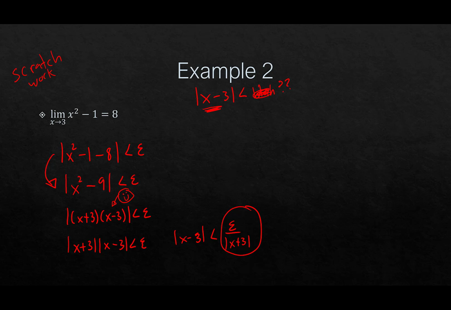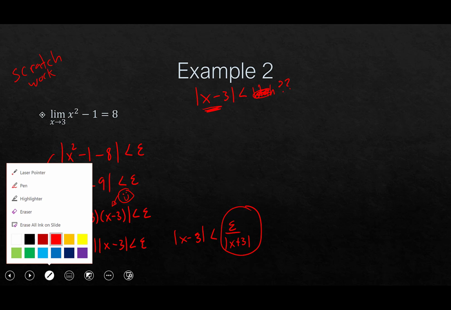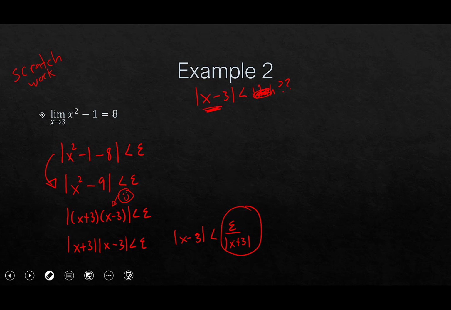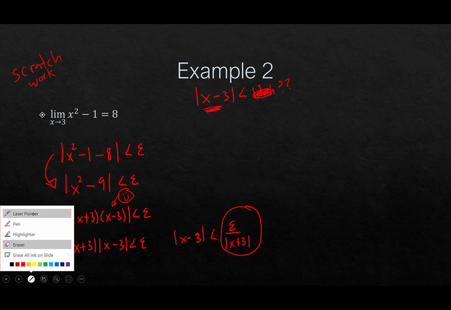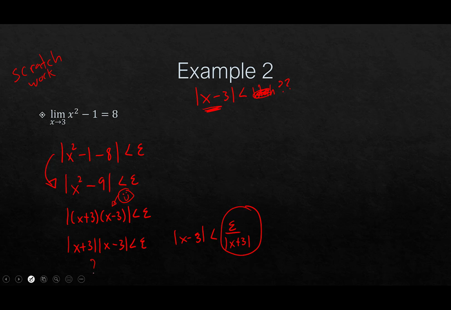So we're kind of hitting a snag here because we can't simplify this anymore. We can't just get rid of the x plus 3. I mean, that'd be kind of nice, but that would be very, very against the rules of math. So what do we do in this case? So we're sort of at a roadblock here. But again, what do we do with this thing?